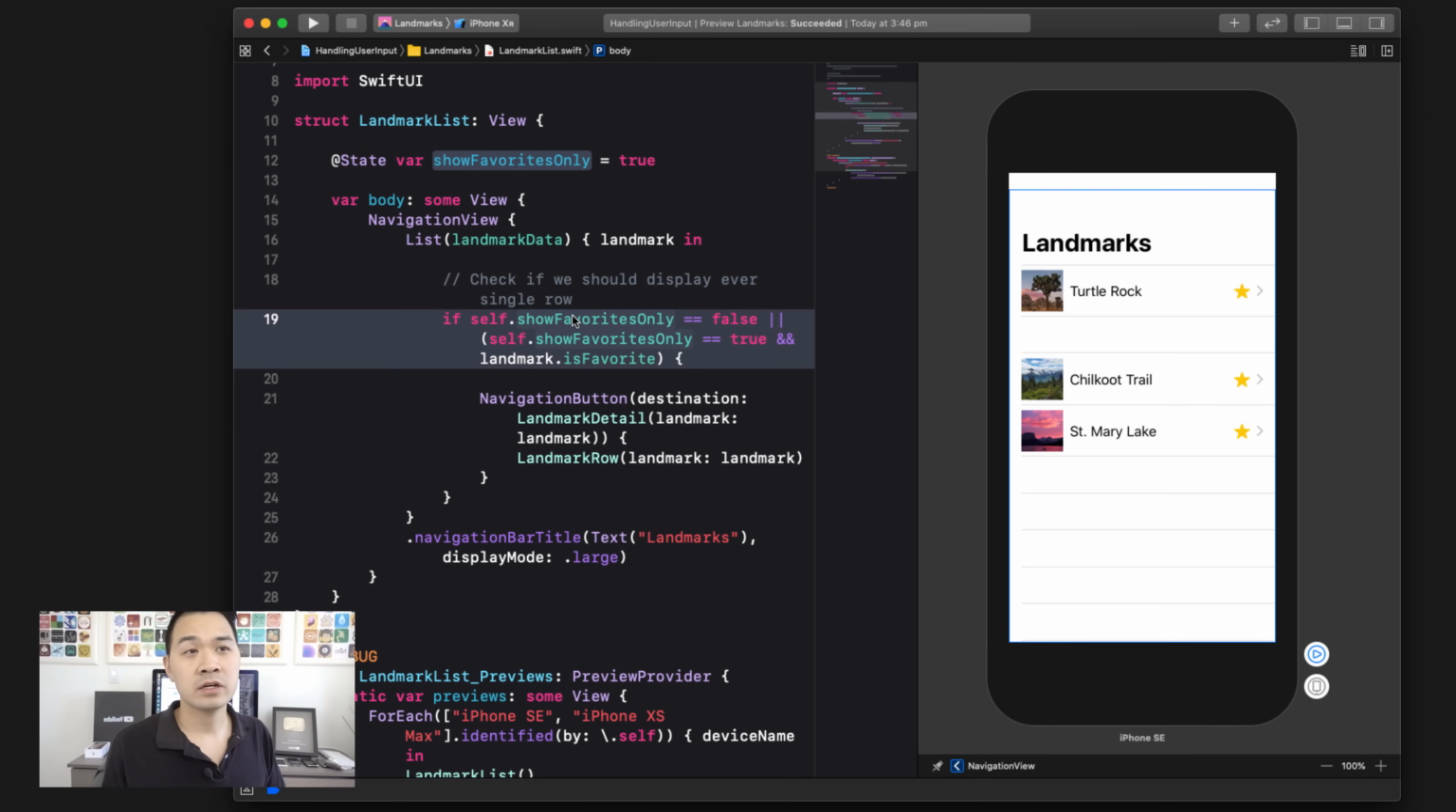So as expected, when we toggle that state property show favorites only to true, in our list we only see landmarks which are marked as favorite. Now we should probably expose some sort of toggle switch to let the user change that state from the user interface, right? And what we can do is we can make the first row of this list the actual toggle